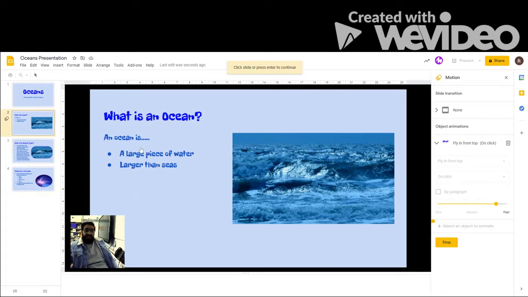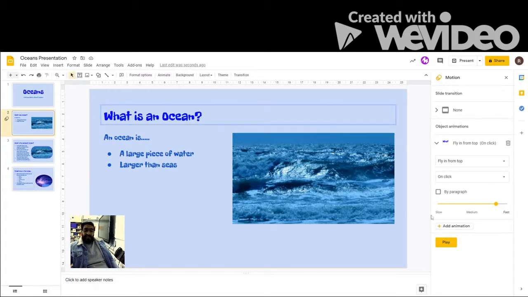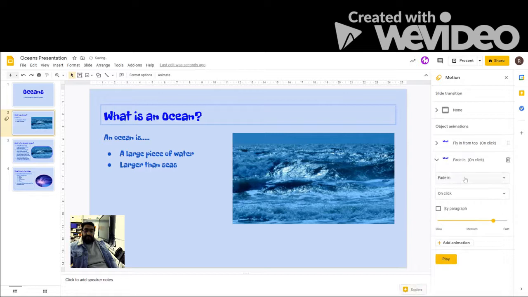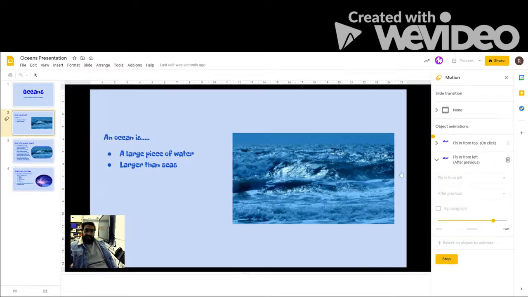Okay, so now let's add another animation. So I'm going to click on this little button here, add animation. Okay, and if you can see, that's already got the fade in. Okay, I'm going to get that to fly in from the left. Okay, and I want that to happen after the previous. Okay, and let's keep the speed as it is. So let's see how that appears. So again,